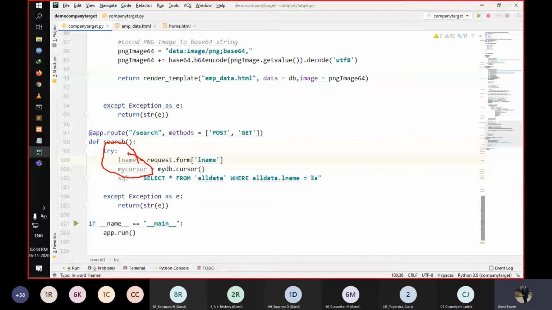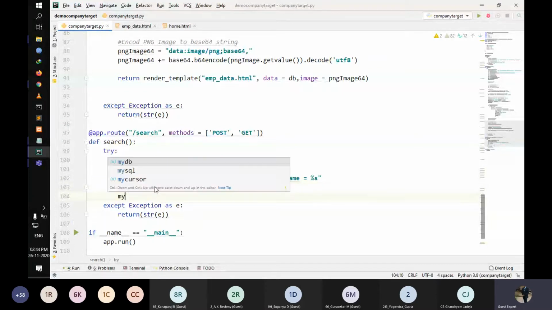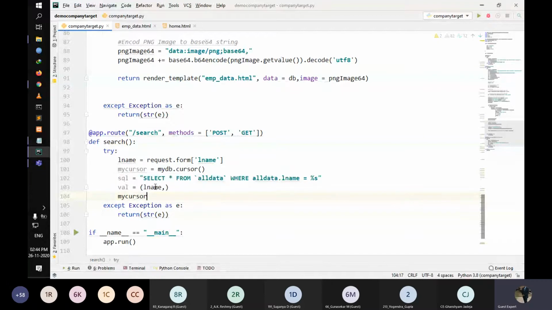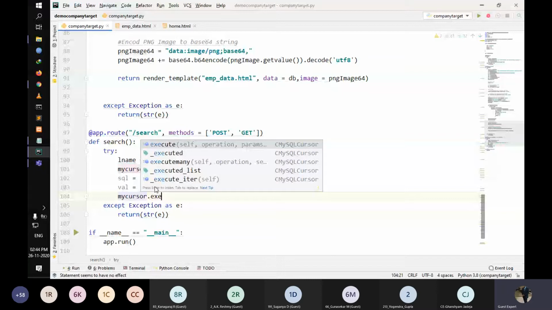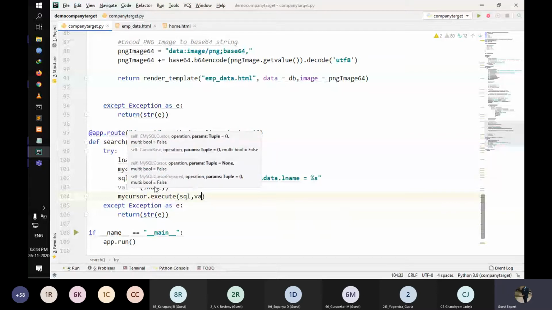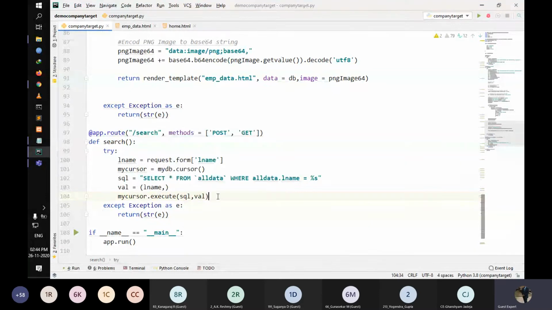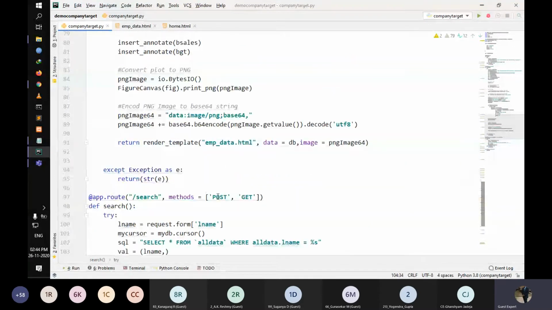And then from here we will assign this variable as a value to another variable, which would be lname comma. Then we go to mycursor.execute with sql and value. This is a slight difference from our previous coding.